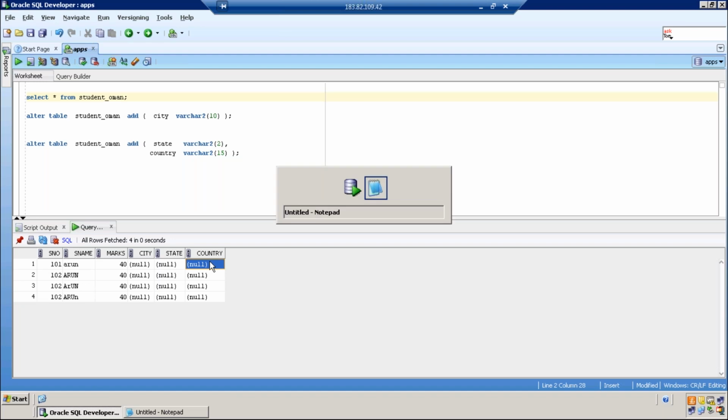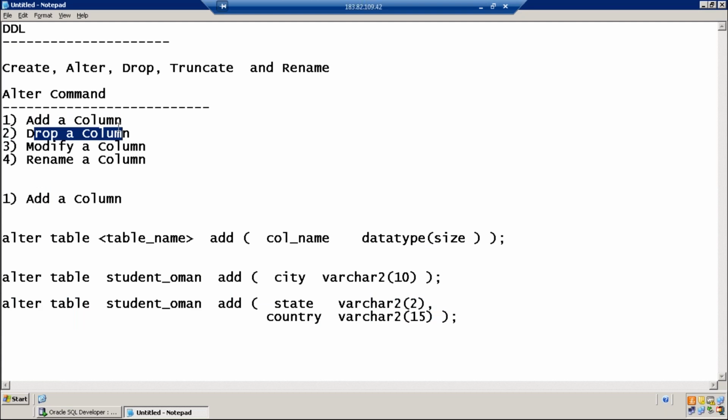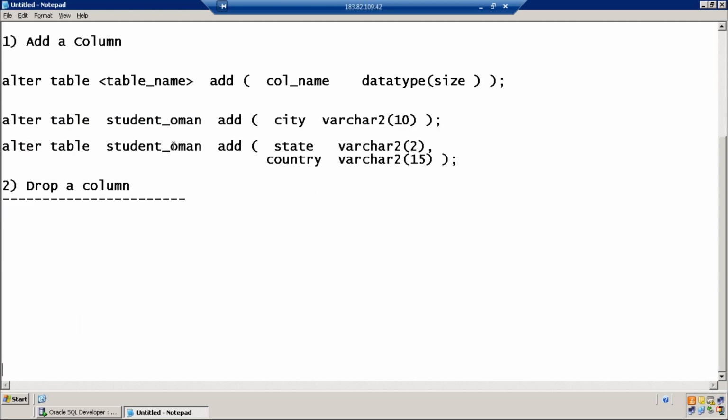Now let us learn the second task, dropping a column. Adding is adding a new column. Dropping is nothing but removing the column. Pretty simple. Alter table, table name. The keyword you need to use is drop, and mention the column name you want to drop.